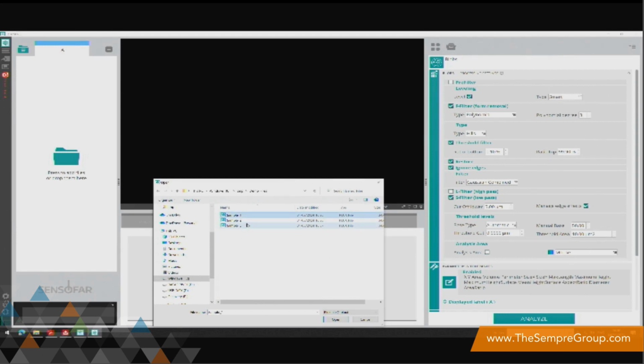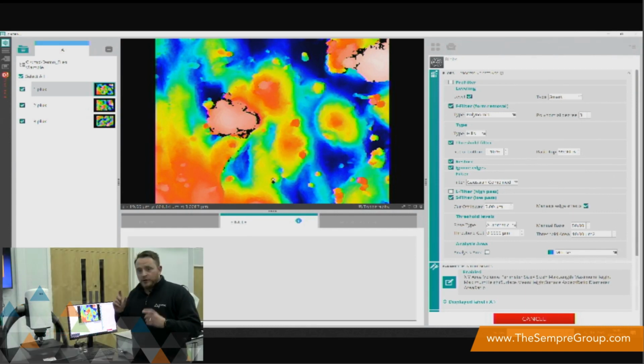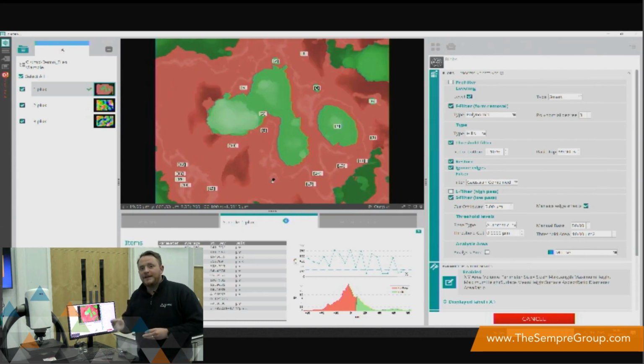On our additive sample, I've taken 3 measurements. I'm going to load those 3 Plux files in. The Plux file is the point cloud data set from SensorView. And what I can do is click Analyze. I'm not having to do any manual interaction here, and we can automate the input of the data and the output of the data, or the export. It's automatically going in, reviewing the point clouds, and outputting specific data that I've asked for